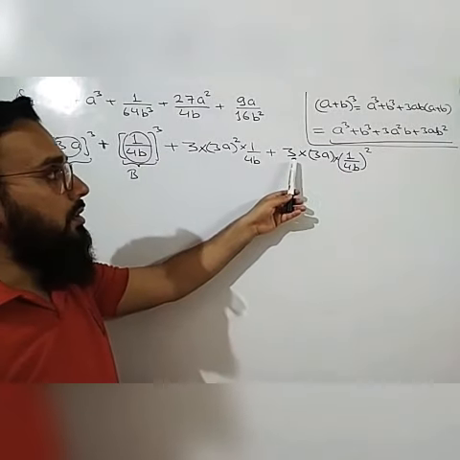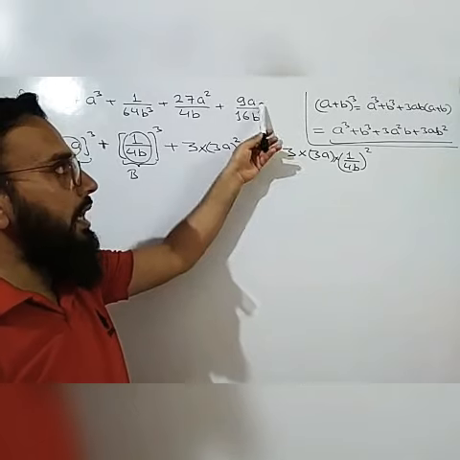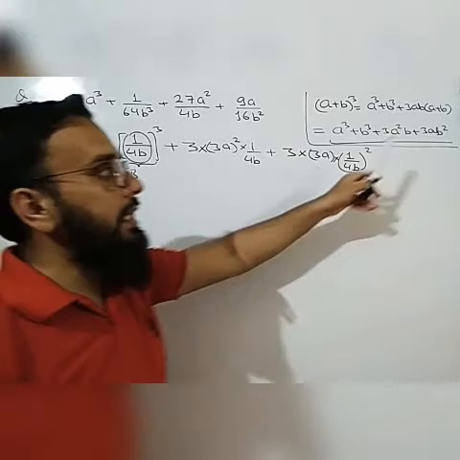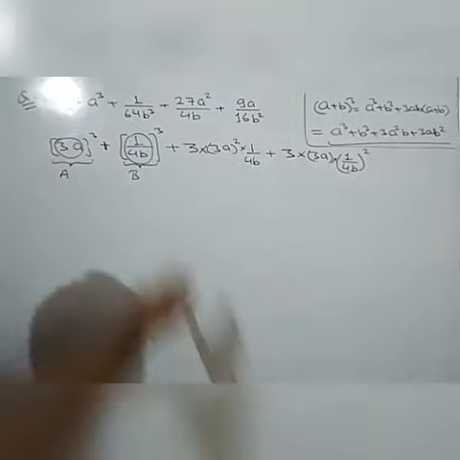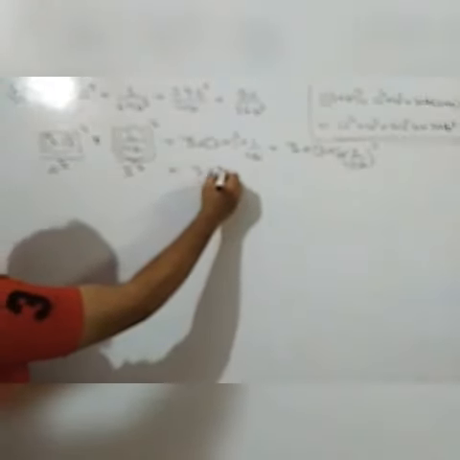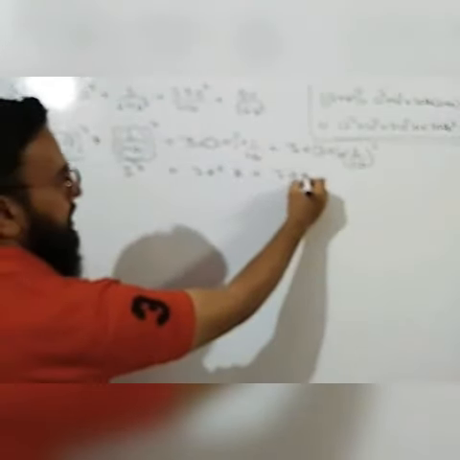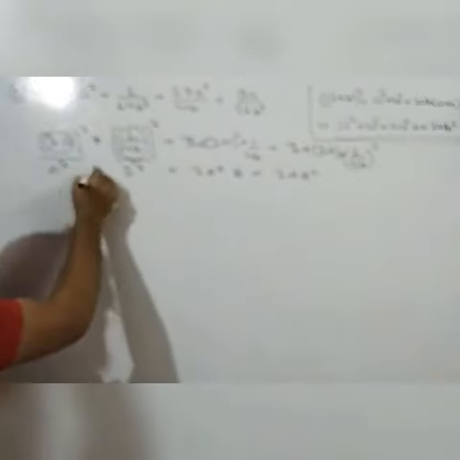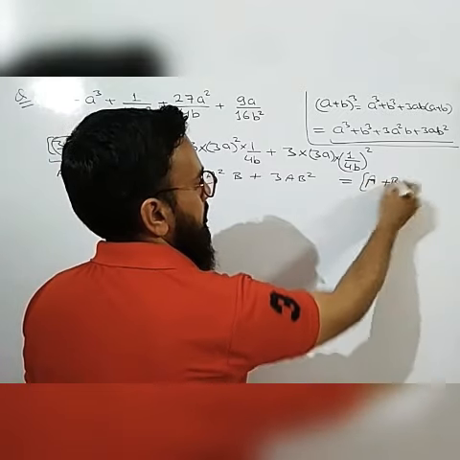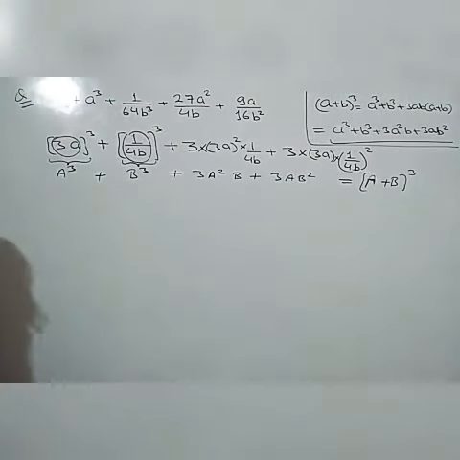Now the last term is 3 3s are 9 into a, that is 9a upon 4b square, which will be 16b square. It means this term is also the same, only it is converted in terms of identity. It means the given question is converted in the form of a cube plus b cube plus 3a square b plus 3ab square. Okay, this question is converted in this form. And what is the identity of this expansion? a cube plus b cube plus 3a square b plus 3ab square is equal to a plus b whole cube. It means we can write the given expression in terms of a plus b whole cube.